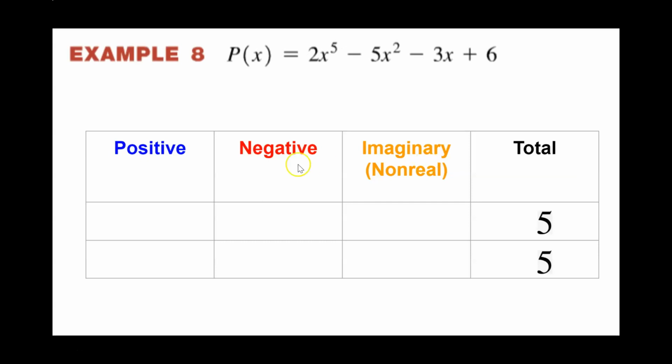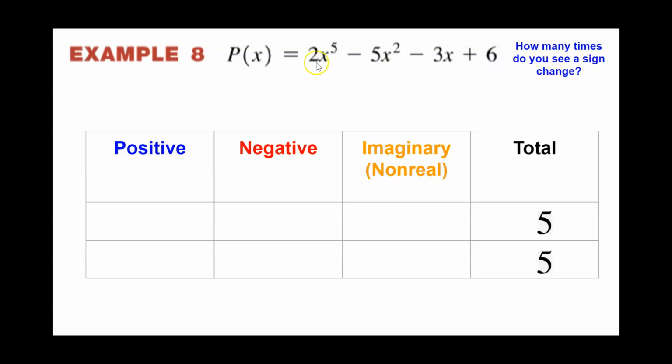So with Descartes, you can actually do this step first and figure out what the layout is going to be. How many positives you have, how many negative answers you have, how many imaginary answers you will have. Because remember, because of this degree here, we have 5 answers, but Descartes lets us know beforehand how many of each of these categories we will have as a 0. So how do we start this process? The first thing we need to do is look at the equation, the function, and determine how many times you see a